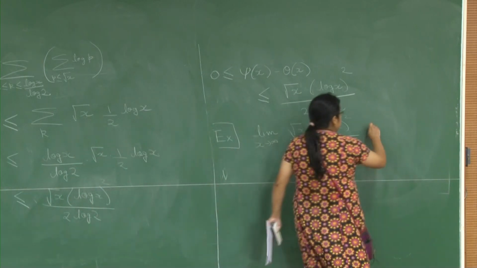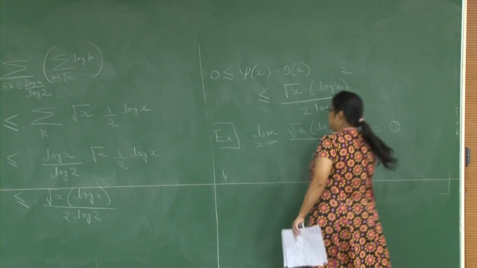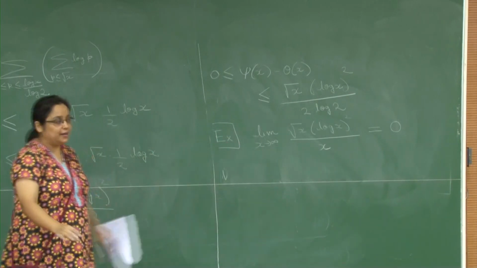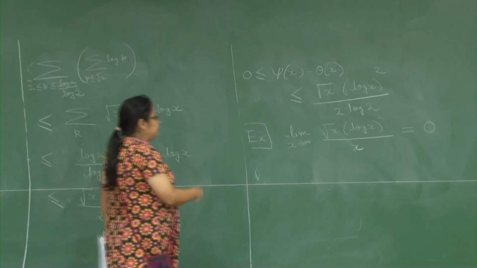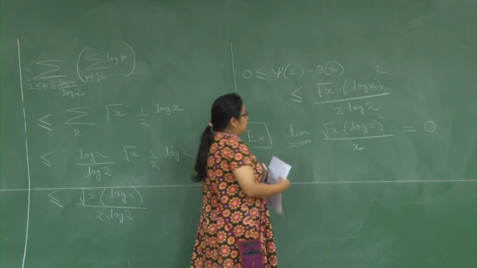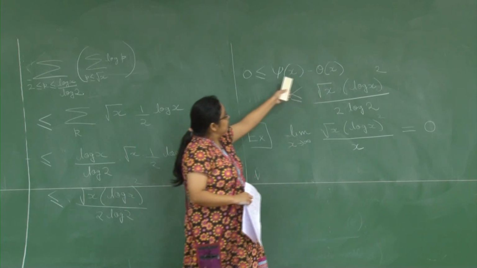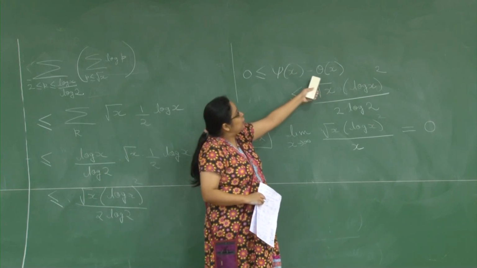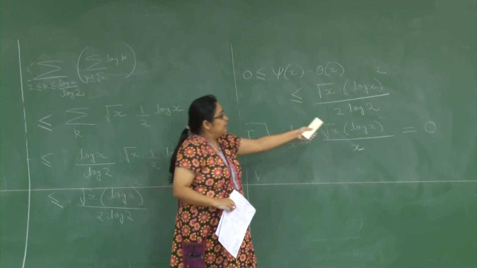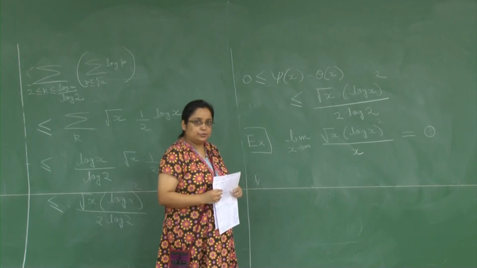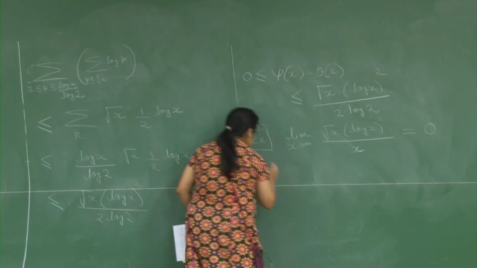Think about it, and in our live session we will work this out together. Should not be too hard. It is a basic calculus question, but we can discuss this if you want. So, what this is telling you is that as x goes to infinity, psi of x minus theta of x over x is going to 0 as x goes to infinity, and therefore, this tells you that